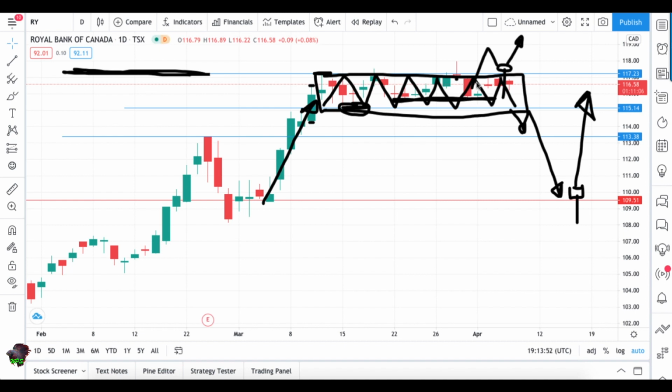I would not suggest jumping into trades because these areas are very unreliable. It doesn't matter what kind of signals you're getting inside. This is too narrow of an area for us to jump to conclusions about where the market is going. So it has to do one of two things. It has to break out to the upside or break to the downside and give us a clear clue what's